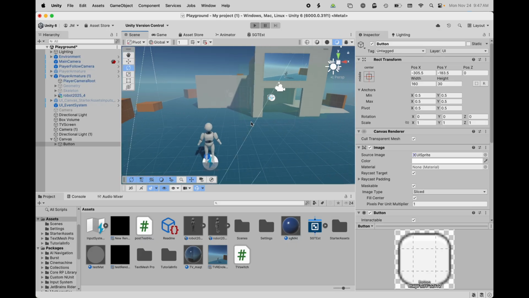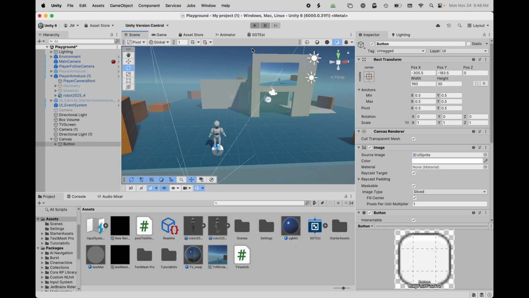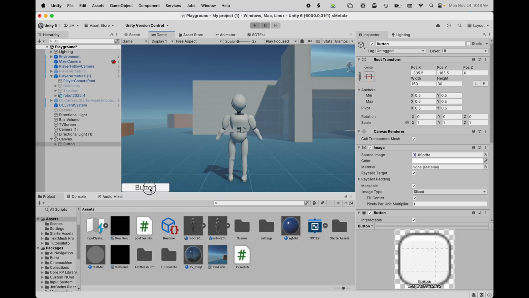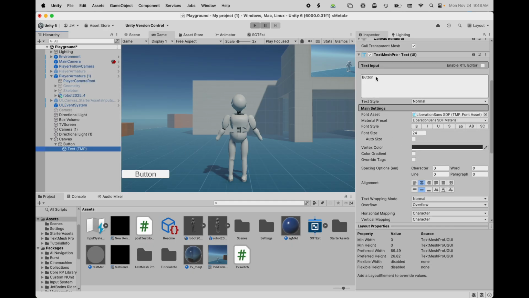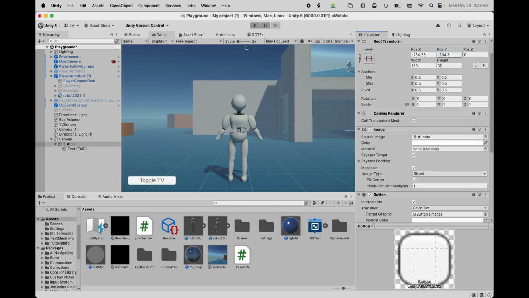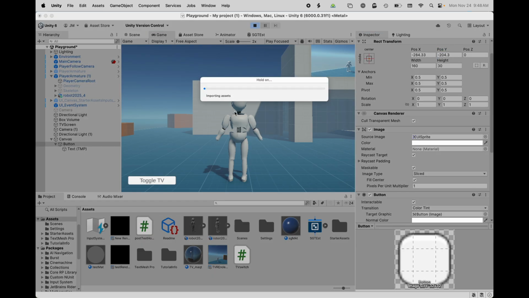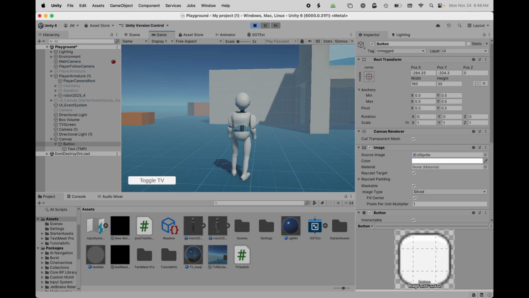Okay, so now we have a button. Here's our button. We could call it something a little more exciting than button. We could say toggle TV. Beautiful. Okay, so now when we play, we should just have a TV sitting on top of the screen,